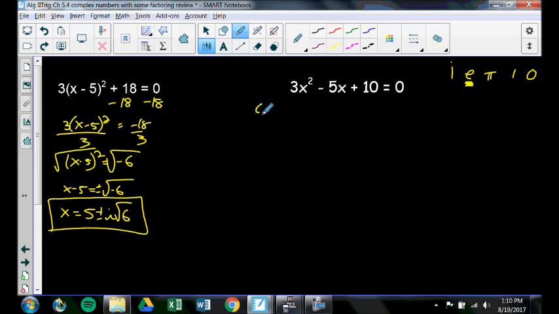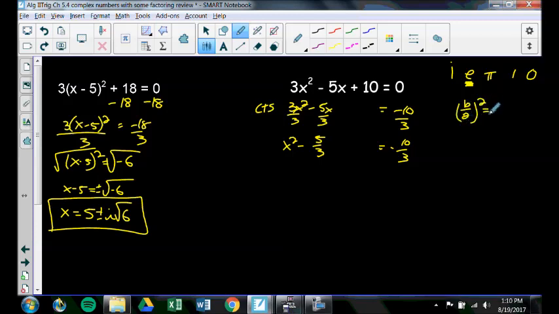So I'm going to solve this one by completing the square. I'm going to go through it rather quickly. This is actually the exact same problem we had in another video where I said I would come back to it, and I wanted to be a man of my word. Right now, b over 2 squared is 25 over 9. Sorry, nope, that's not correct. b over 2 would be 25 over 6. And 25 over 6 squared